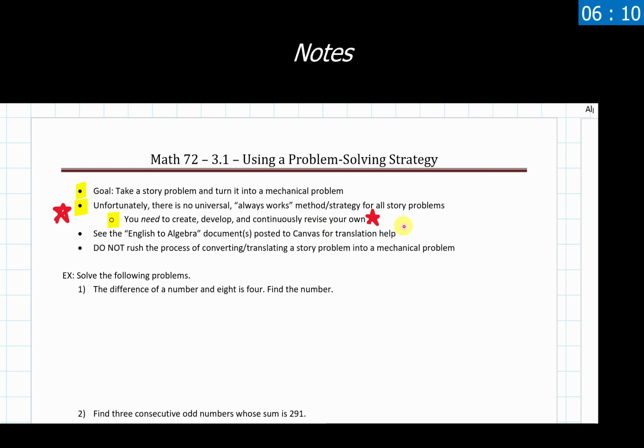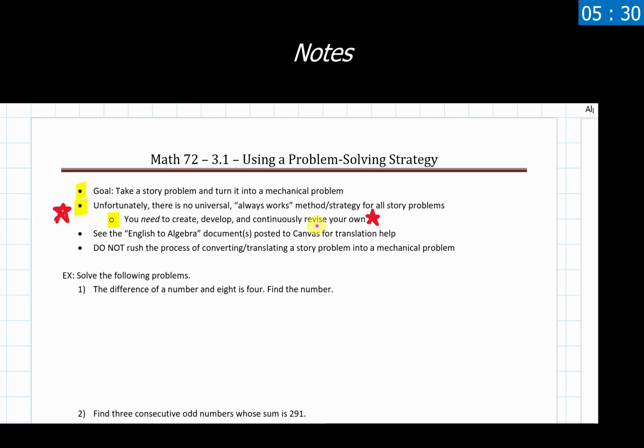As we go through 3 examples today, you are welcome to use any of those that you would like for different story problems. Maybe you want to mix and match some of the processes that we did or didn't do in these problems. Maybe you've seen something else online that you really like and want to integrate into your process, whatever you'd like to use. But you do want to make sure that you have one, you're developing one, and you're continuously revising it. The revising is not necessarily because your method is wrong, but because each problem is a little bit different, a little bit unique, and maybe we need to modify it from one problem to another.